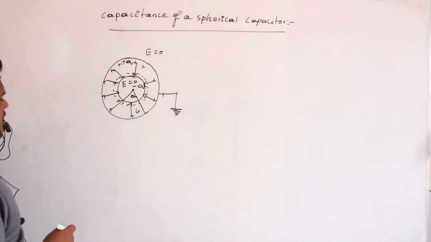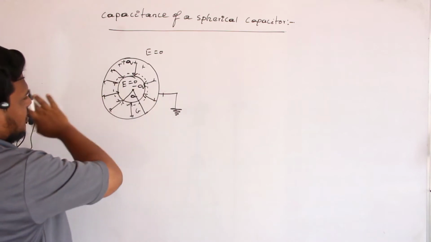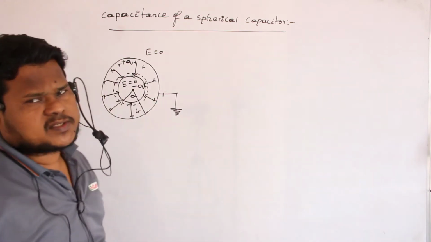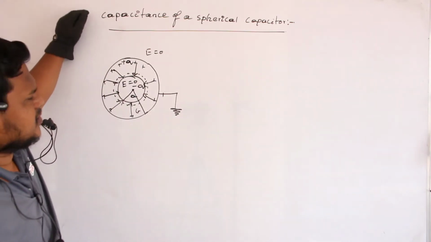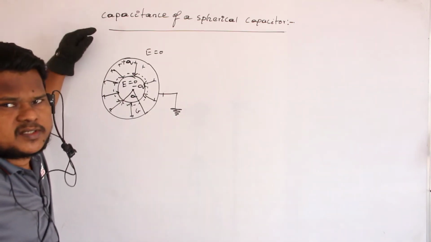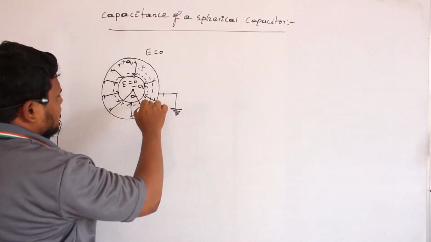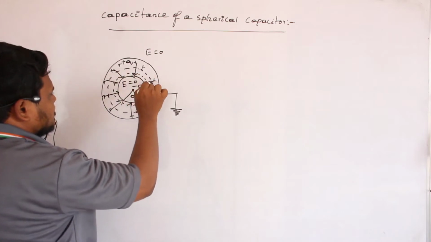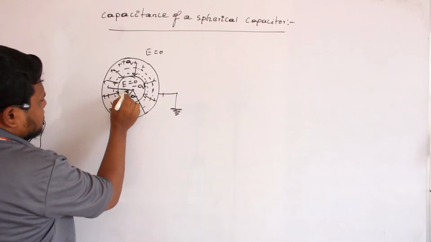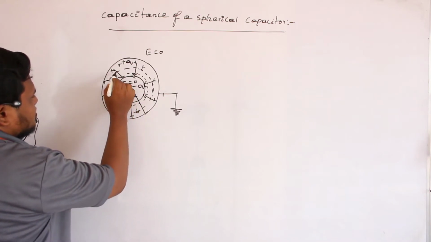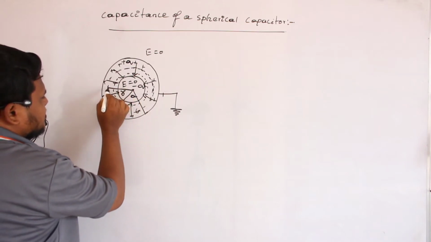If I want to calculate the magnitude of the electric field in this region at a distance of r, therefore what I will do is use Gauss law. I will draw a Gaussian surface, and from that I will try to calculate the amount of electric field existing in this radial space. Clear? So I will take a small Gaussian surface. So this is the Gaussian surface. Let us assume this Gaussian surface which I have taken is at a distance of r from the center.